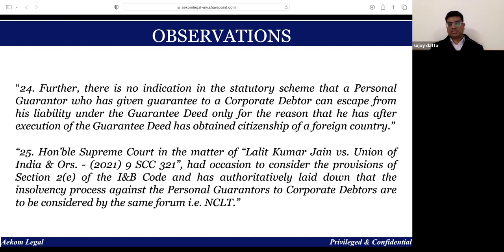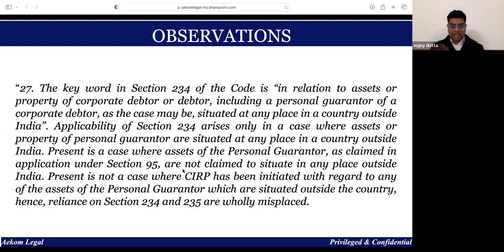There is nothing in the statute that shows that in such a case, simply because the person has become a foreign citizen or a foreign resident, they cannot be proceeded against under the IBC. The key word in section 234 of the code is in relation to assets or property of the corporate debtor, including a personal guarantor situated at any place in a country outside India. So the applicability of section 234, which requires that an arrangement be entered into between the government, the applicability of this section,